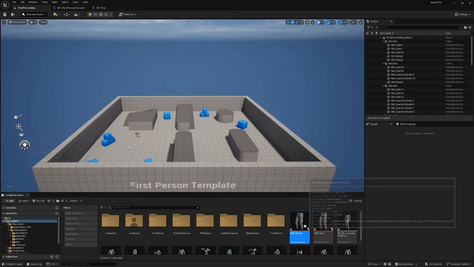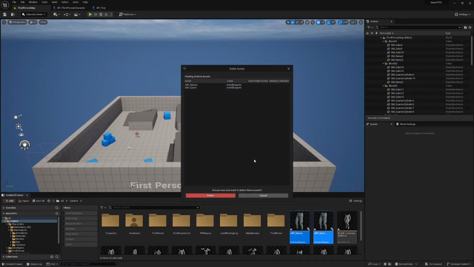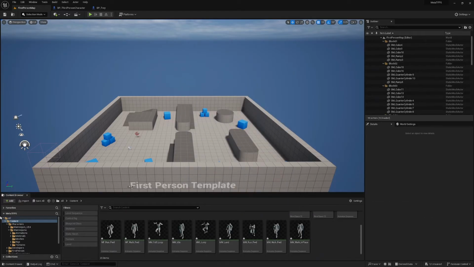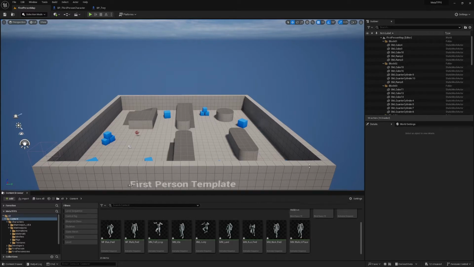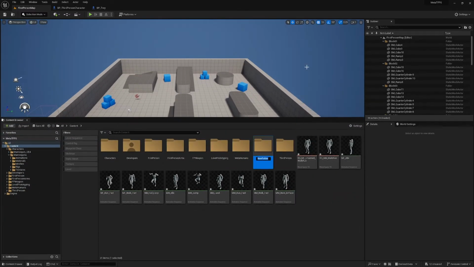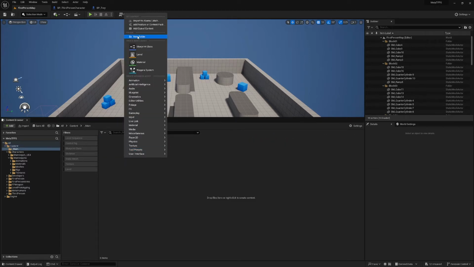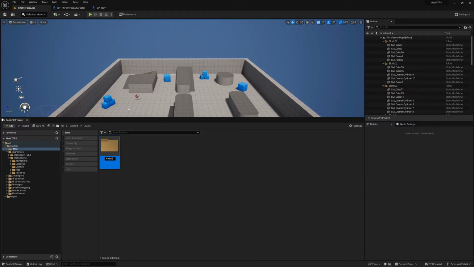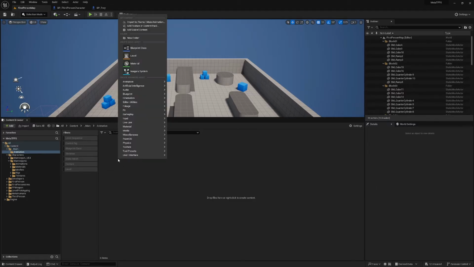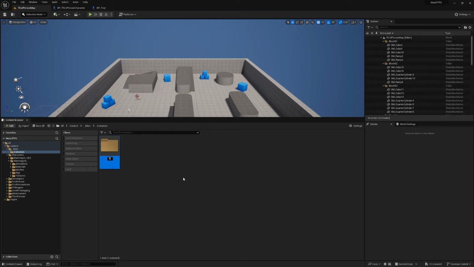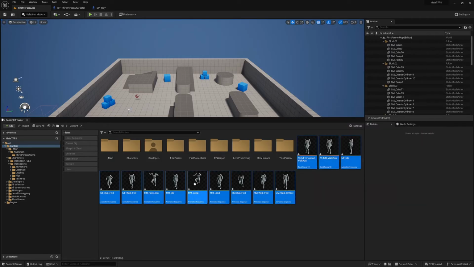You can select the ABPs at the top here and delete those. We're not going to use those. And just in content, we are going to create a new folder, call it _main. And in _main, create a new folder, call it animation. Within animation, a new folder. We'll just call this one third person anims, just to remind us of where we got these animations from. We can select all of those animations, drop them in third person anims, select move here,